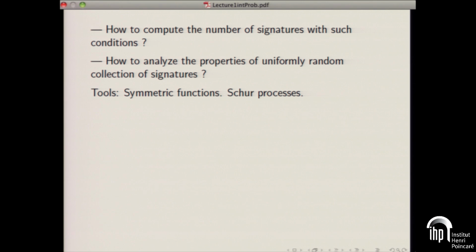First, how to compute the number of signatures with such conditions, and then most importantly, how to analyze what happens when these signatures become random. So the tools will be symmetric functions, Schur processes, which I will now try to